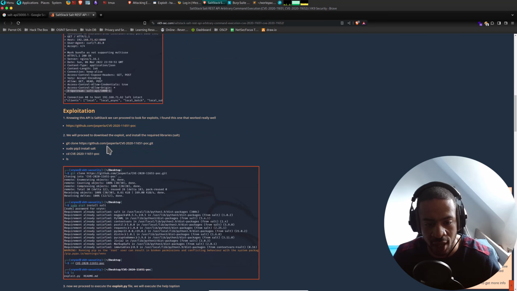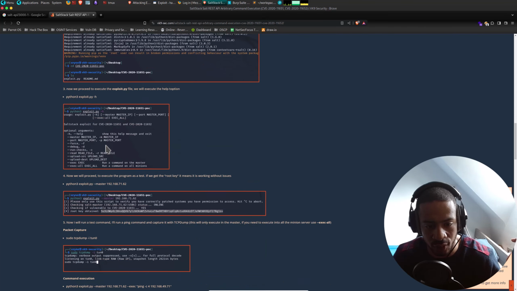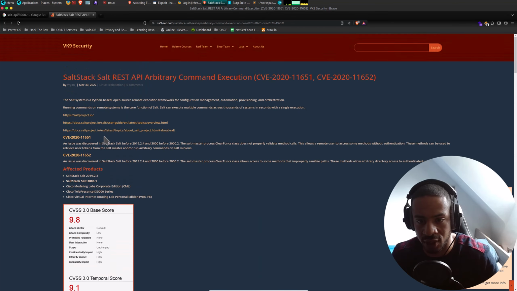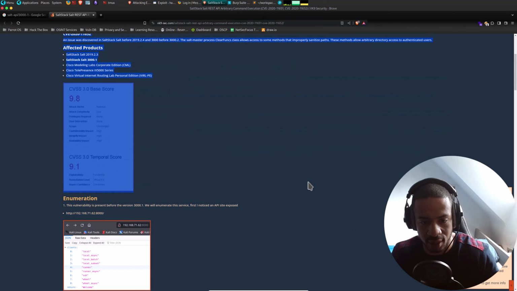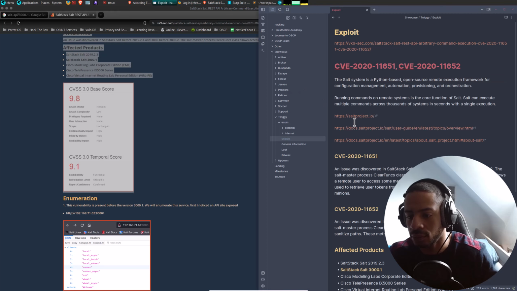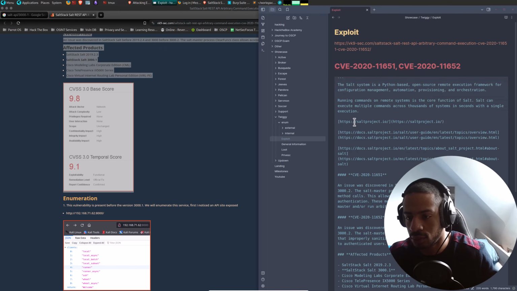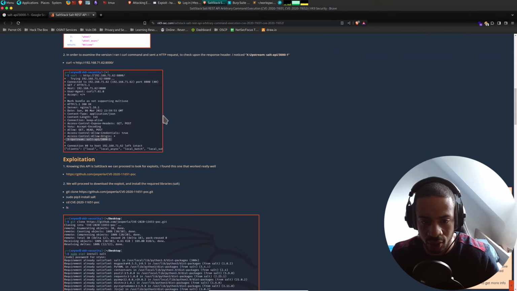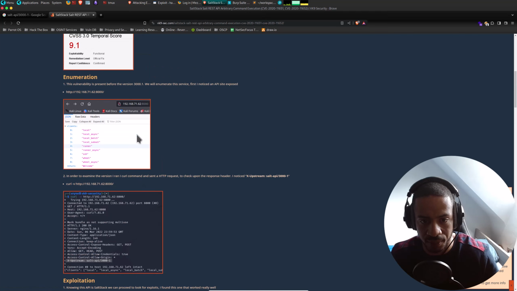Okay, so the API is definitely vulnerable to some sort of remote code execution vulnerability. No, arbitrary command execution, sorry. Let's paste this. And then let's just go ahead and download whatever exploit it tells me.